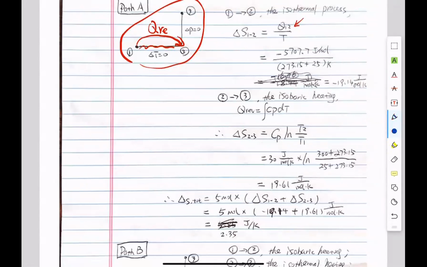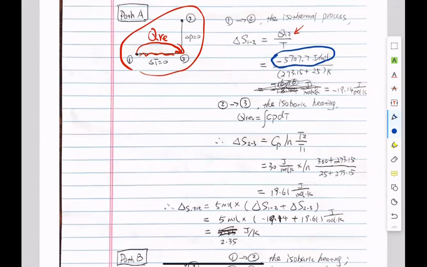So this is a value from exam 1. We don't need to do anything extra. Just look up the value and divide by the current temperature. Right. This is 25 degrees C. This is the first step, the isothermal process, and you have this entropy change from 1 to 2. For the step of 2 to 3, 2 to 3 is isobaric heating. And we know that if this is isobaric, then the heat is the same as delta H, is the same as